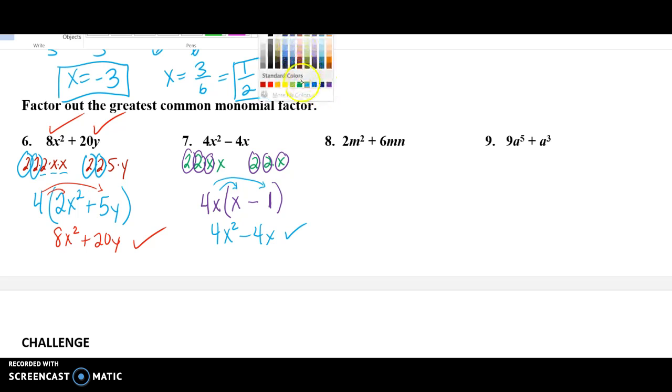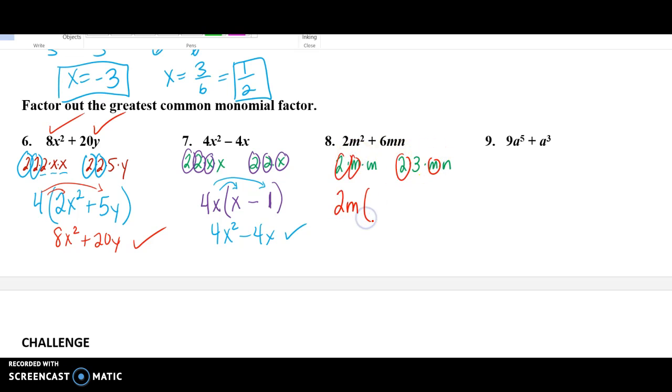Okay, the next one, we have 2 times m times m for the 2m squared, and the 6mn is 2 times 3 times m times n. Common factors are 2 and 2, and m and m. So 2m is the greatest common factor. We have an m left over here for that term, plus we have a 3 and an n left over